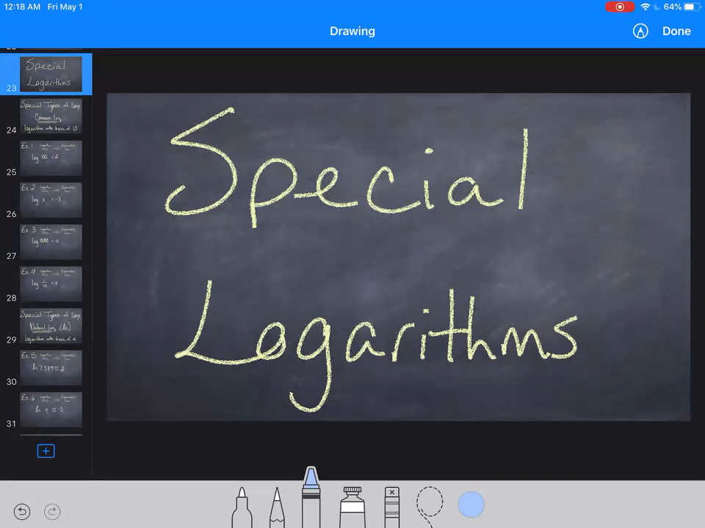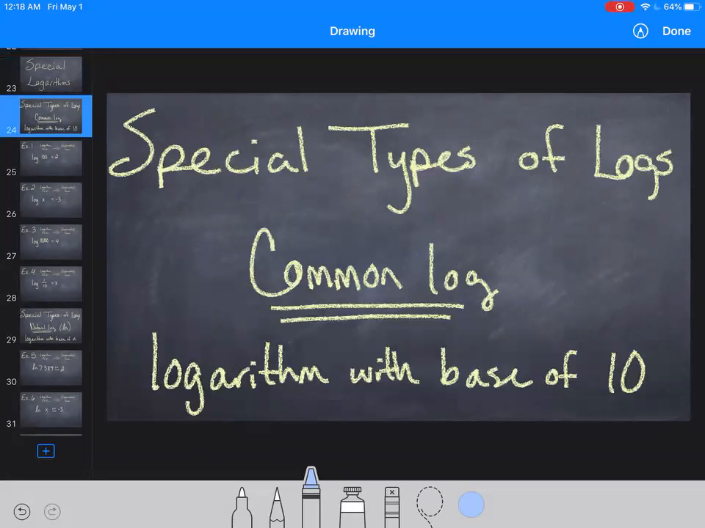Today we're going to be looking at special logarithms. Now, there are two logarithms that are called special types of logarithms. The first one we're going to go over is a common logarithm. A common logarithm has a base of 10, and anytime you have a common logarithm with a base of 10,